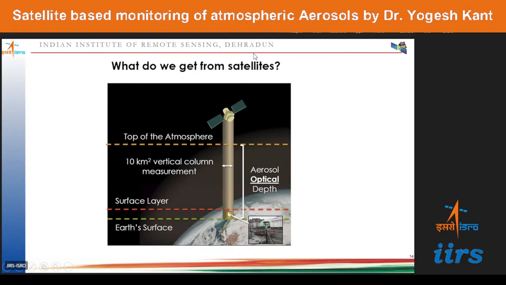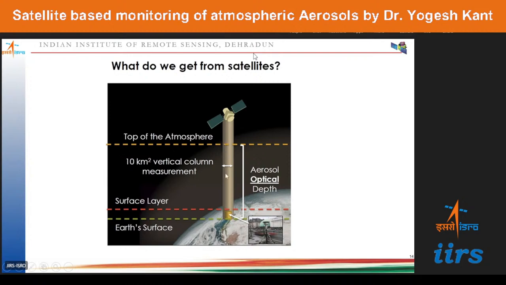Now, the solar radiation from the sun is reflected from the Earth's surface, and it travels through the atmosphere. So what happens is the radiation is either reflected or absorbed by the atmospheric particulates, and the satellite measures both of these, that is the reflected and emitted energy from the particulates, and this energy is measured in different spectra in the different cameras on board the satellite.